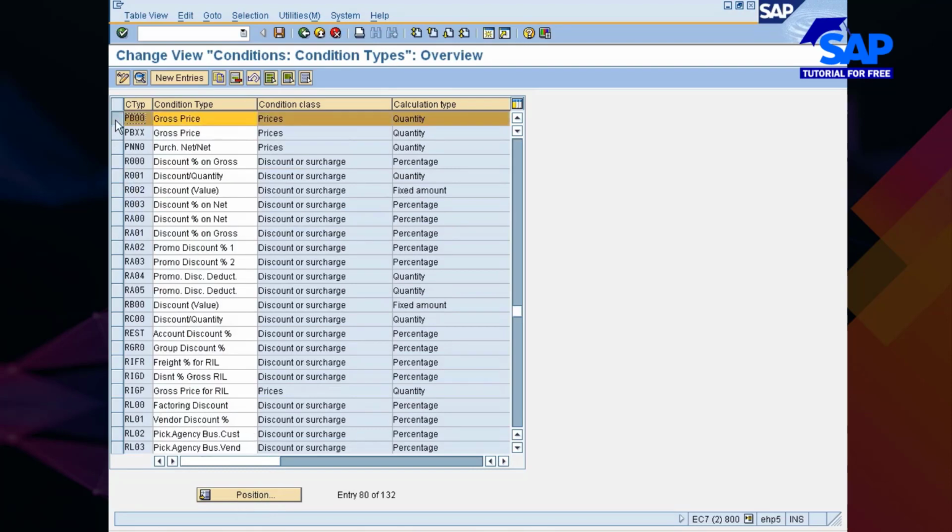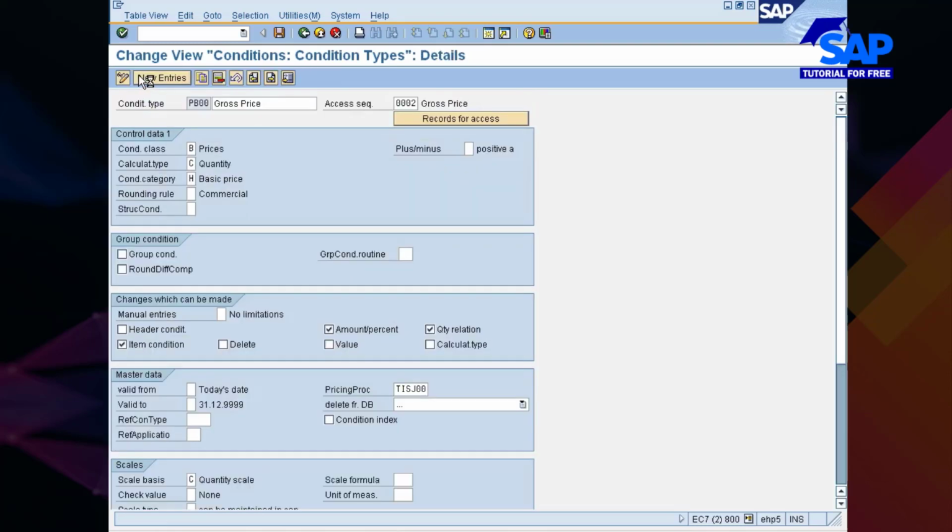Have a look at this. PB00, if you go into details, you see this condition type. Although I'm not going to define it for the pricing procedure demo, I will be defining a new condition type, I would say the other way, output type or message type. I will be defining my own message type, which is as good as condition type, in tomorrow's session, which is meant for output determination.